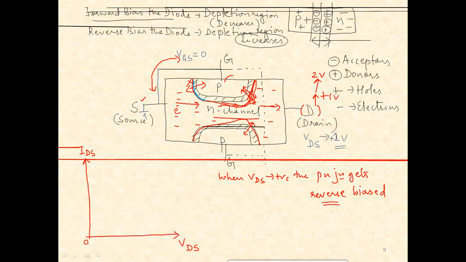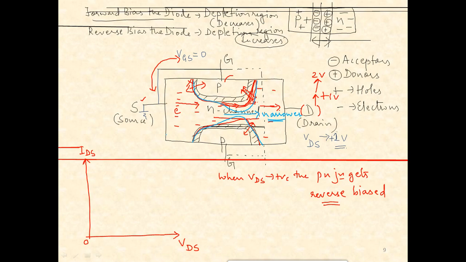On further increase of the drain voltage, the depletion region increases or bulges so that it appears as if both of them are trying to touch each other. Okay, now just observe what is happening to this channel. The channel is getting narrower and narrower, right? So as VDS increases, the channel gets narrower and narrower. What does that mean to the flow of the electrons from source to the drain?